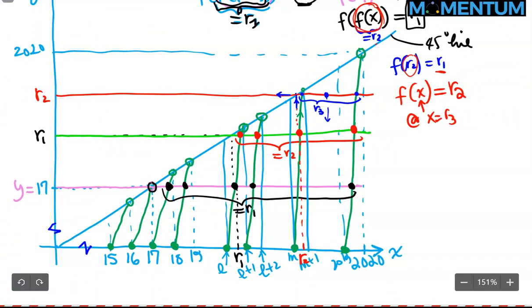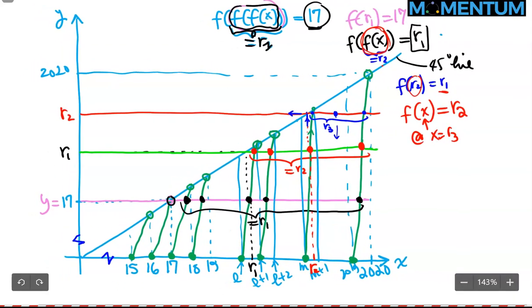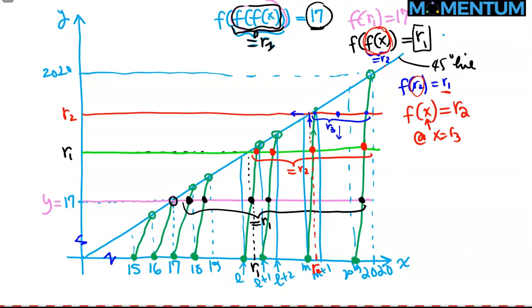So now we are ready to make the count. So how many values of R1, R2, R3 are there? R1, R2, R3 are potential points. They are real valued points. Obviously, they are within those intervals. None of them are integer values. However, we know how to count them. How many potential values for R1, right? R1 can be anything